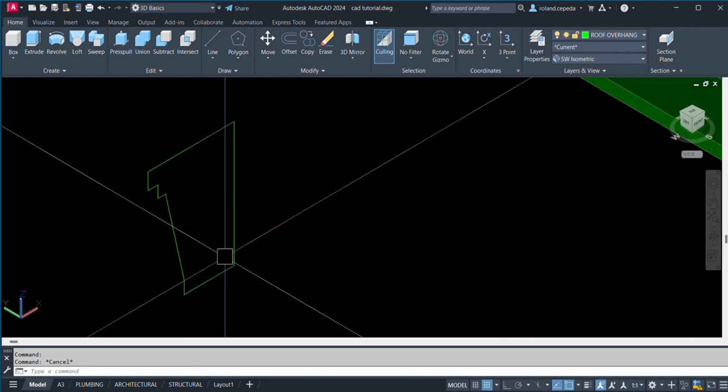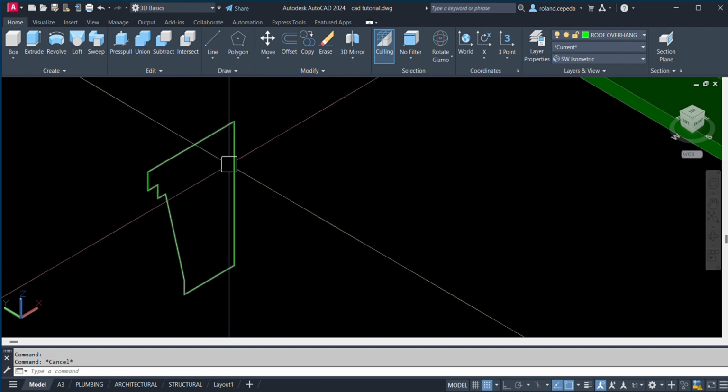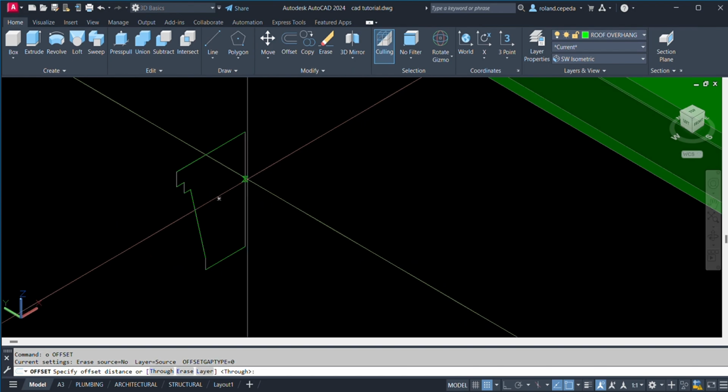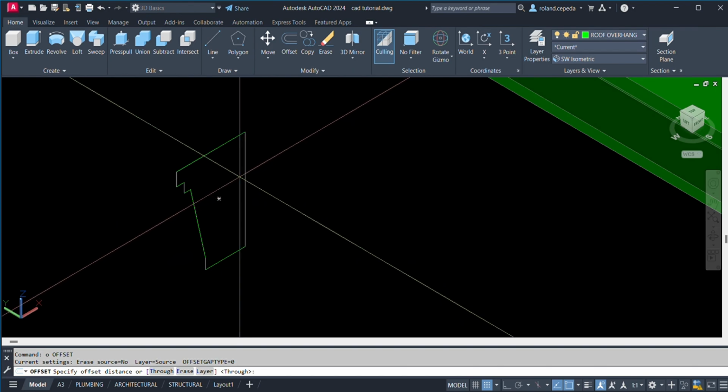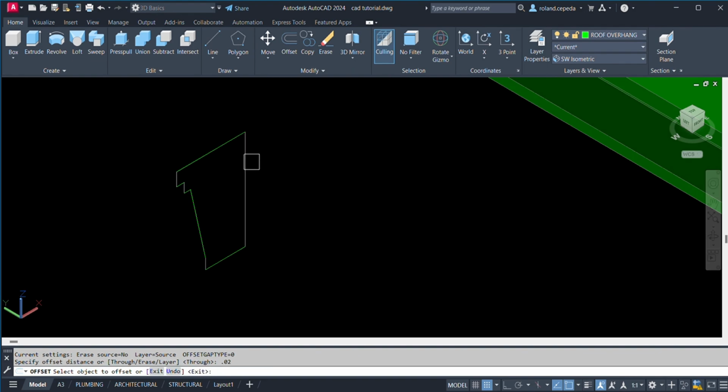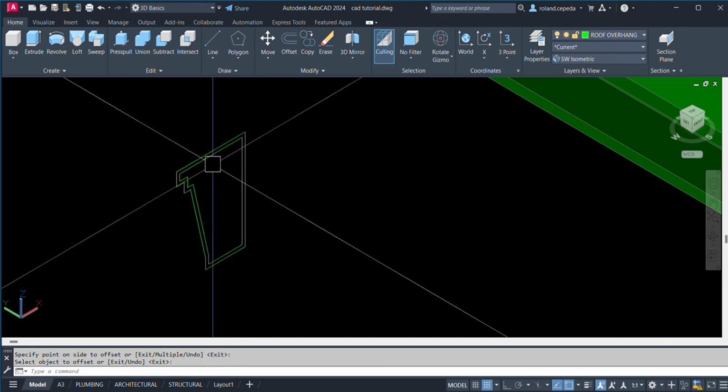Of course, if you're going to make it more realistic, you have to offset this one. So let us try to offset. So specify offset distance 0.02. Let's try. Okay.